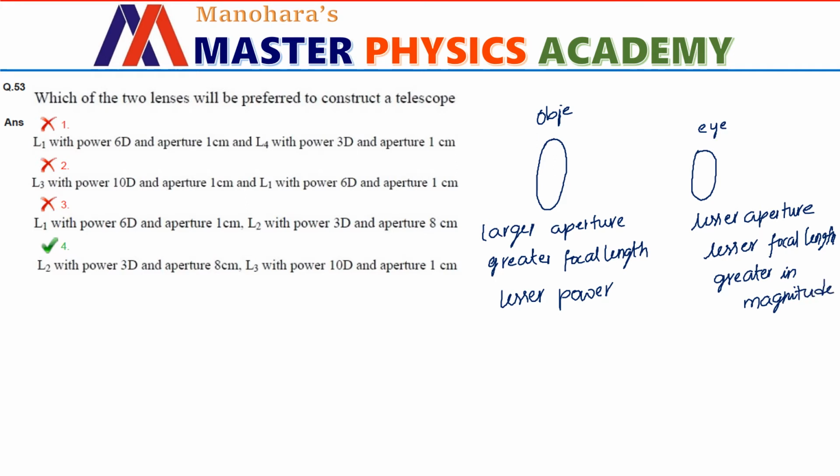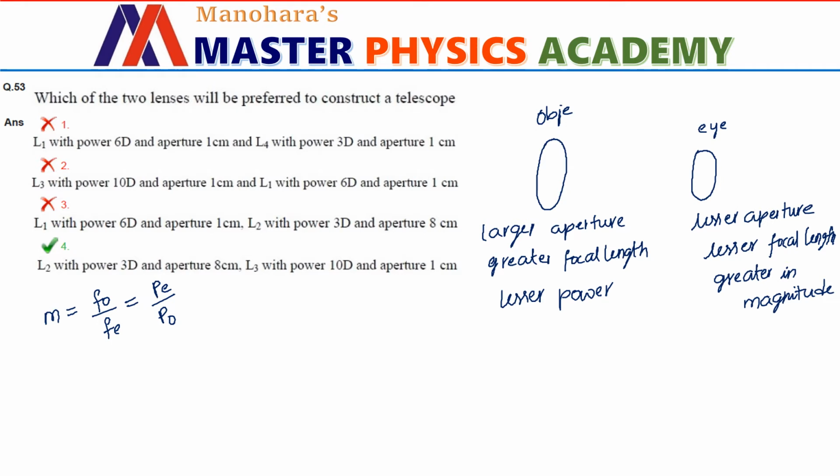Now, why does this have to be there? Because the magnification is defined as focal length of objective divided by focal length of eyepiece. If the focal length of the objective is greater than the focal length of the eyepiece, the magnification will be greater than 1. And we can also write another formula for magnification, that is PE divided by PO, where PE stands for power of eyepiece and PO stands for power of objective, since we know that focal length and power are inversely proportional to each other. Now let us look at the pair of lenses given in each option.